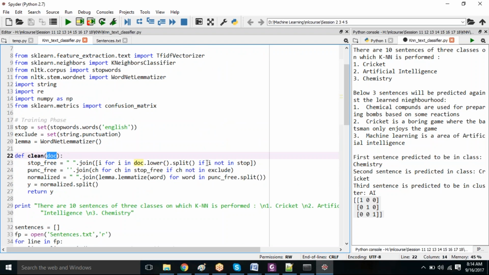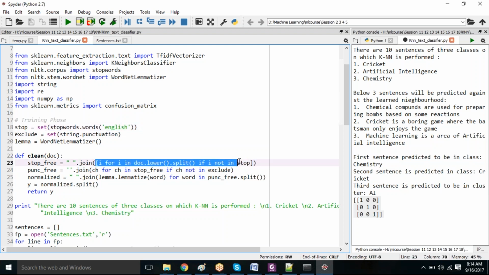With split, I am splitting the whole sentence into words, and if these words are in stop, stop basically contains all the stop words of the English language. So if it is in the stop, you will remove it. If it is not in this list, then you will consider it